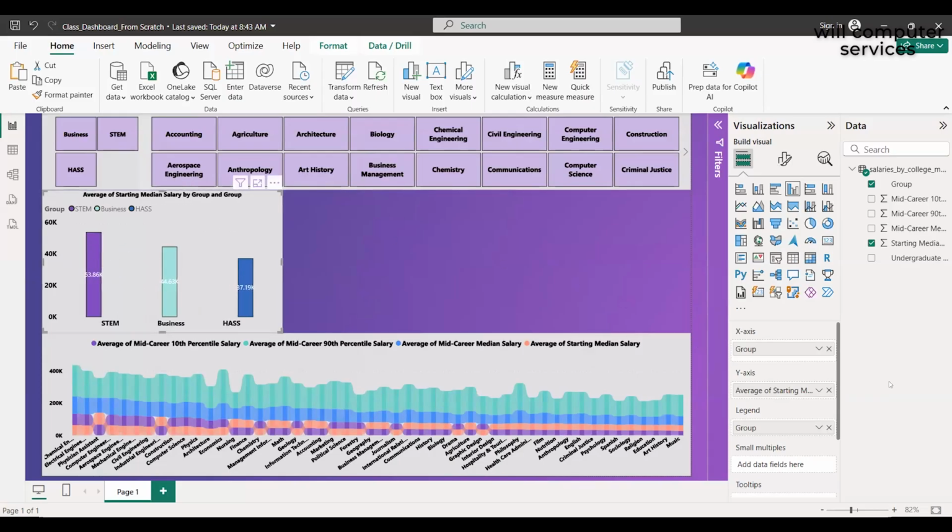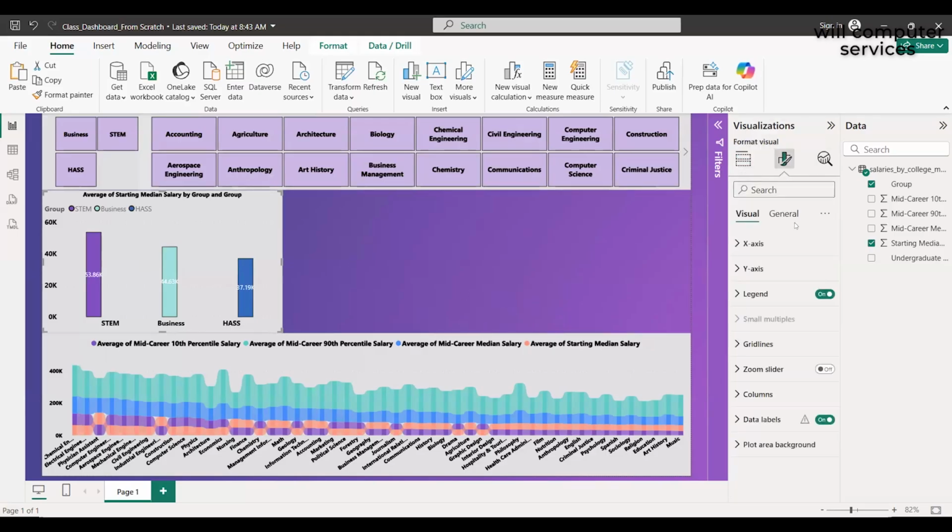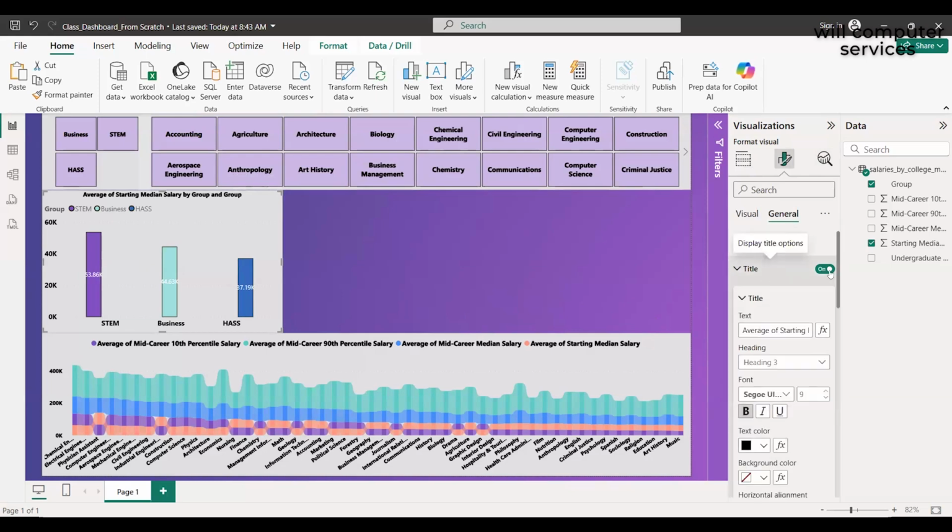So firstly, let's just start from the top to bottom. Let's change the title size. So go back to your paintbrush, your format visual, general, and then do title. What I did was I personally changed the font because I felt there was a better font to use. So you could choose whatever font you want, but the important thing is that